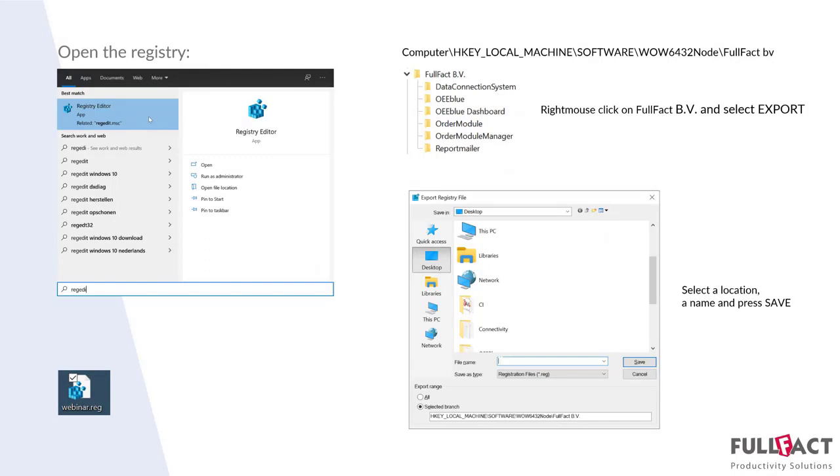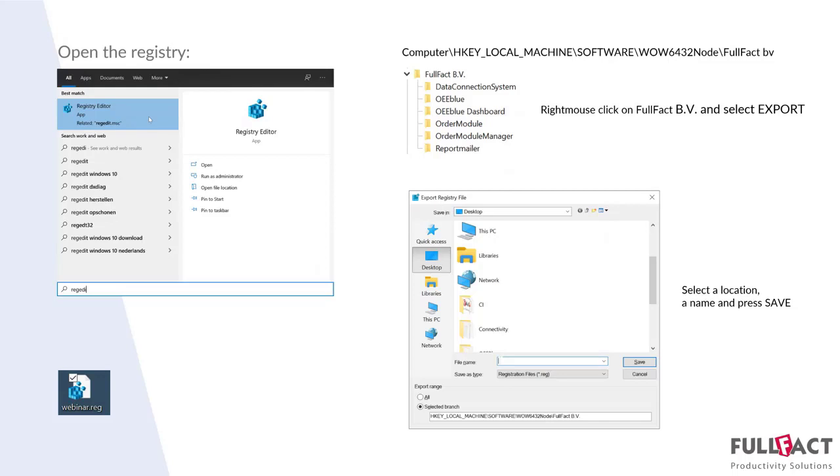This means it is an automatic file that if you double click on it, it will enter its information into your local registry. So if you've performed the installation of your setup database once, and you perform this procedure, it is possible to set up future workstations very fast by copying this file, webinar.reg, to your desktop, double clicking on it, and the setup database has been performed.